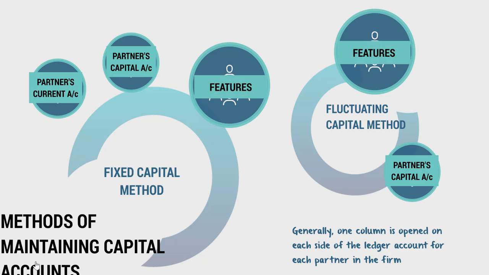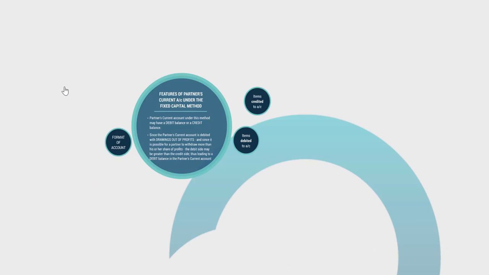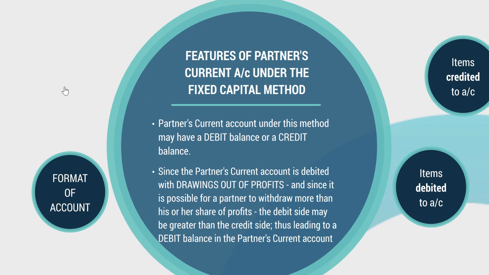Now that we finished the partner's capital account, let's go on to the partner's current account. The features of the partner's current account under the fixed capital method. The first feature says that the partner's current account under this method may have a debit balance or a credit balance. The reason is the second